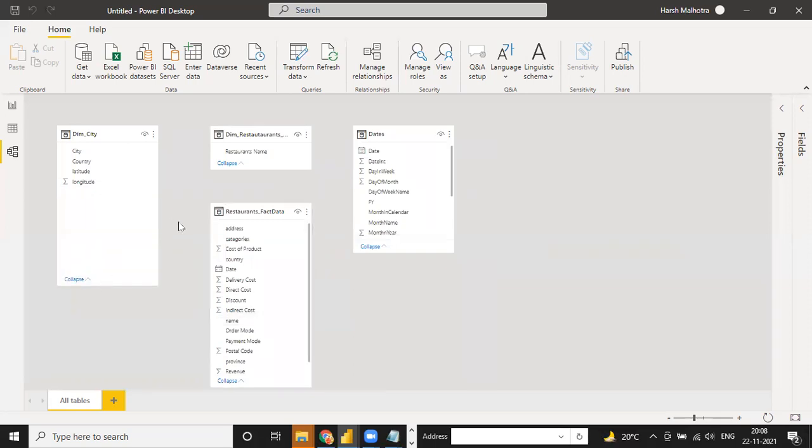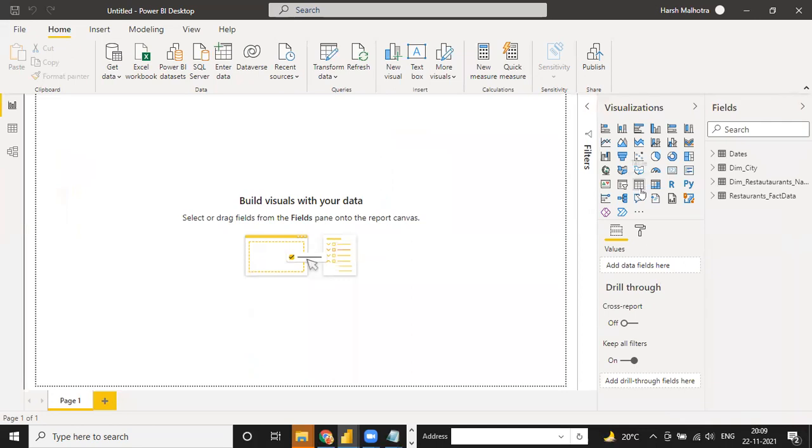So now guys, we have to make the relationship between these 3 tables. These are the dimension tables, and this is the fact table. We have to connect this fact table with all these dim tables, so that we are making the visualization on the basis of relationship. Relationship is very important. If you make any visualization without relationship, it is not correct. Let me show you.